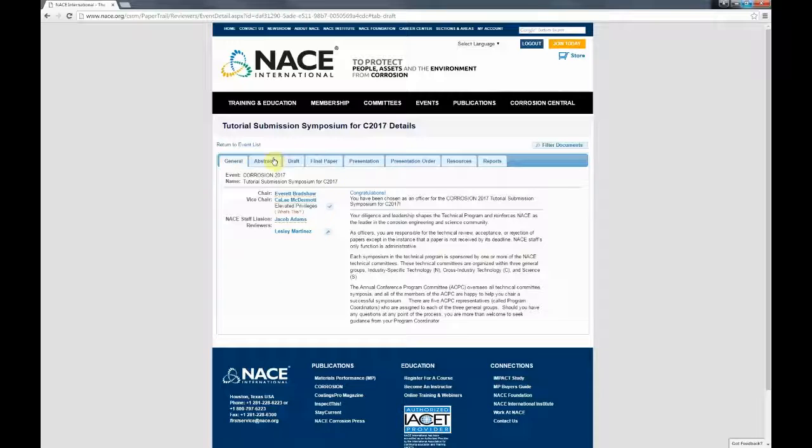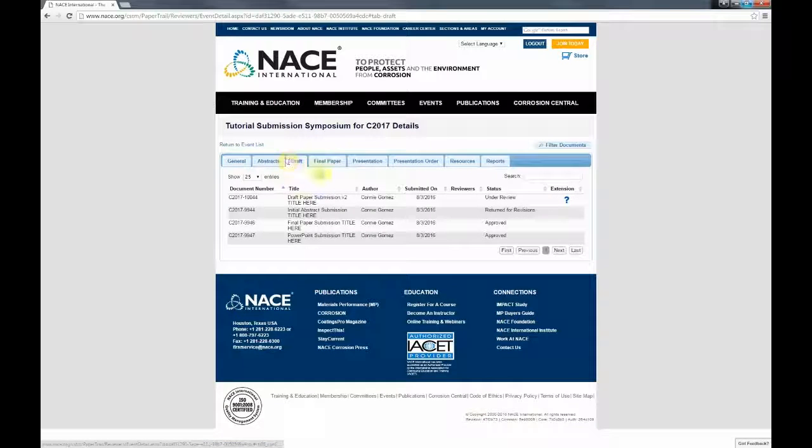Once that's saved, you'll see that it said update successful. You can navigate back to the draft tab and you'll see the status column, so it's marked as returned for revisions. Then you can go ahead and see